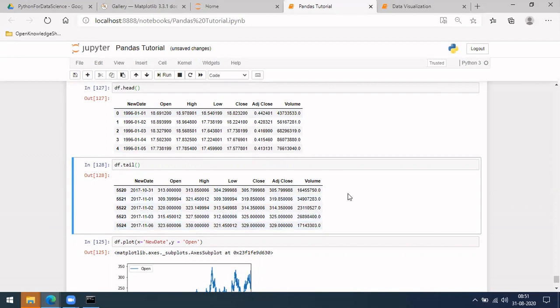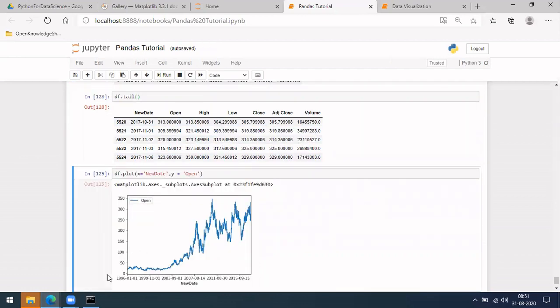So for these values, we are plotting the open value, which is from 1996, what is the value till 2017. So this is what this graph is, where you have it somewhere around 17, 18, whatever is there accordingly. Similarly, we have these values like 2015 and finally 2017.